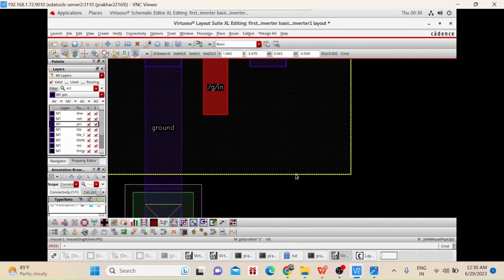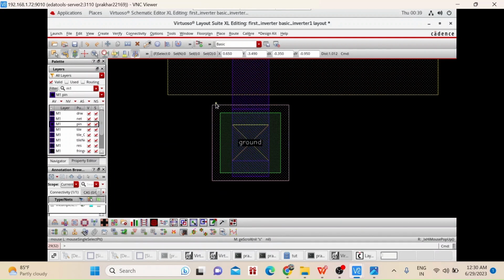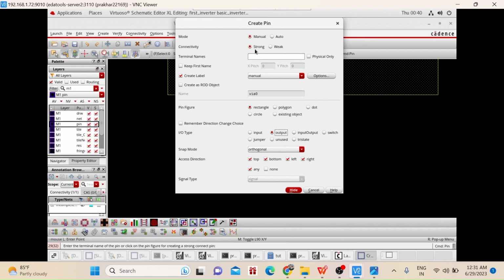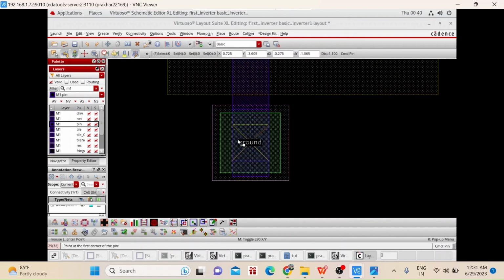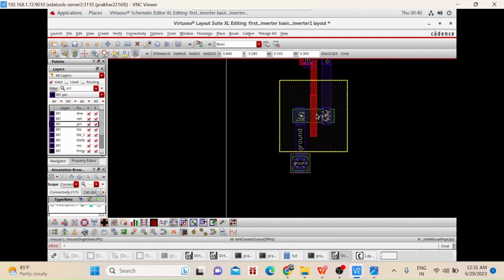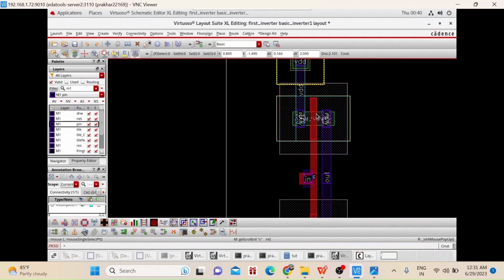Now only the ground pin is left, so again come here and create pin and select input output now. Now all connections are completed.